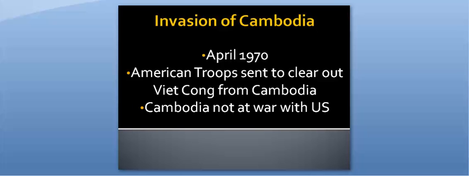In April of 1970, President Nixon sent American troops to clear out the Viet Cong and North Vietnamese troops from Cambodia in an action called the Invasion of Cambodia. Shocker there. This action did not have congressional consent and was in a country that was not actually a part of the conflict. Congress and most Americans questioned these actions. Some Americans even protested them.